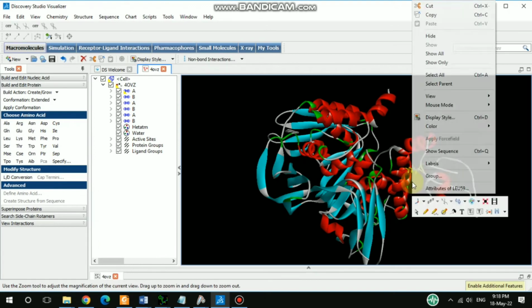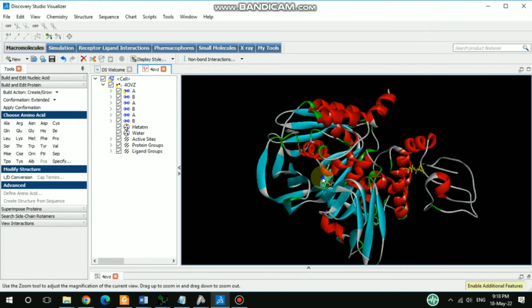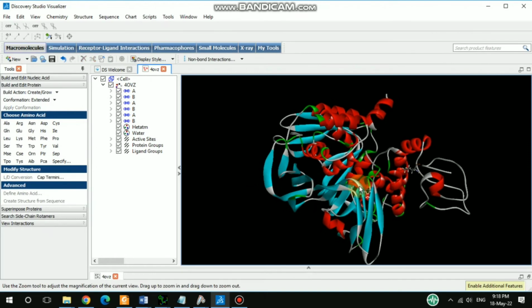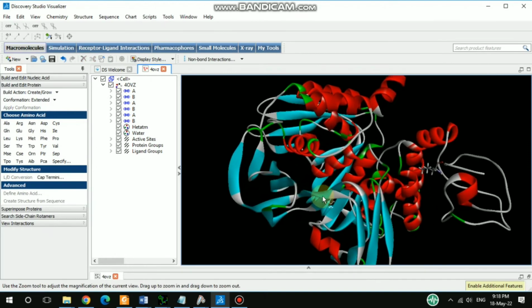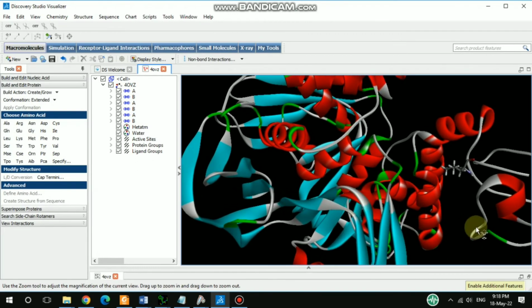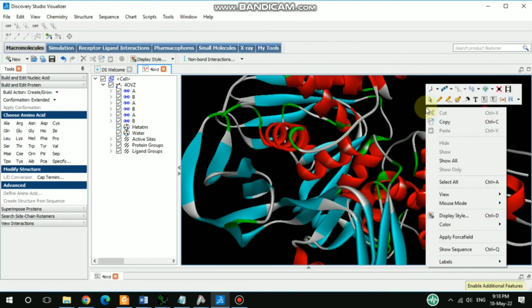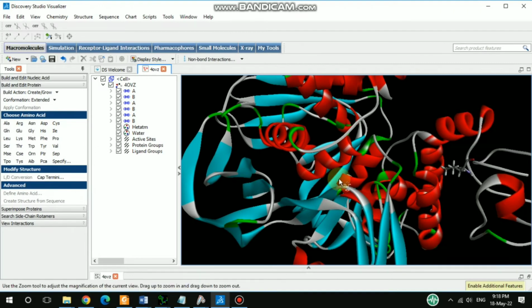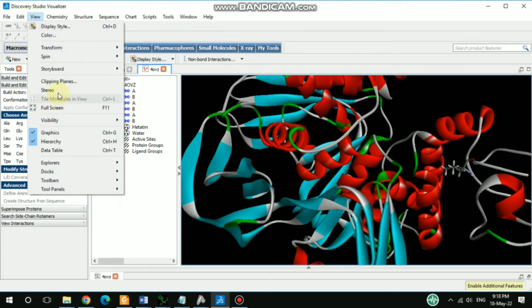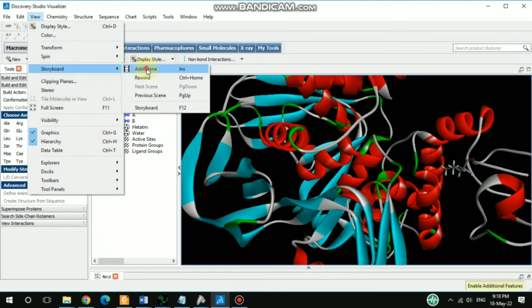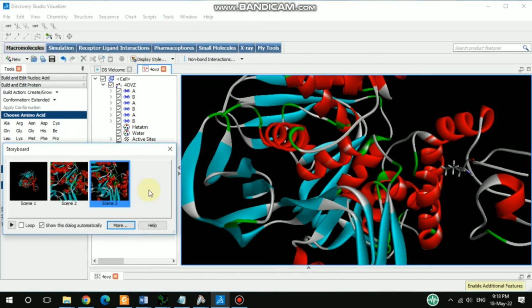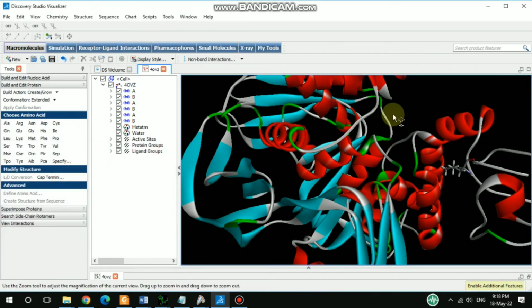So I'm going to save this and I'm going to zoom it a little bit, and then this step I'm going to save it. View option and the storyboard, add scenes. So scene 3 it's saved. Okay, I can close it, and then I'm going to do another thing that I want to